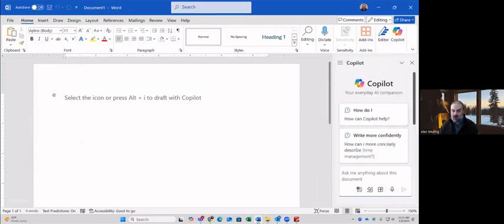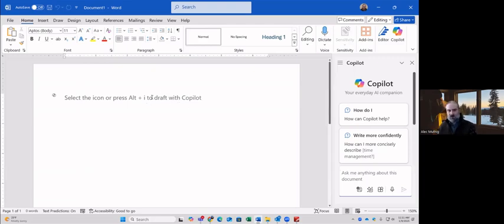So that's in Word. We're going to see that it's also in Excel. It's also in PowerPoint. We're going to see it in Outlook. We'll see it in Microsoft Teams. We'll see it in OneNote. Also, other apps in the cloud like Forms and Power BI and so on. So you're going to see this AI assistant available across many Microsoft products. Again, I usually spend a lot of time in Word explaining the basics of how to use it, so then you can extrapolate and know how to use it in PowerPoint and Excel and the other places. I don't have that much time today, so it's going to be more of a demonstration.